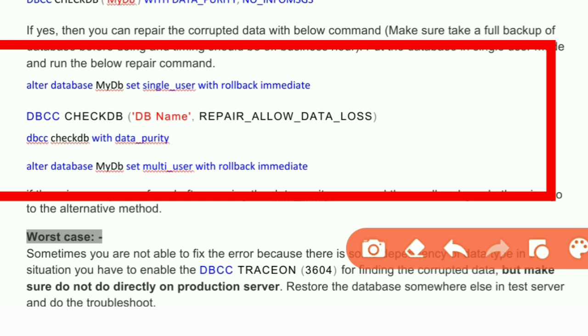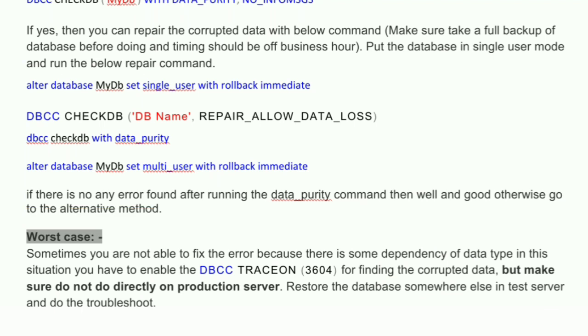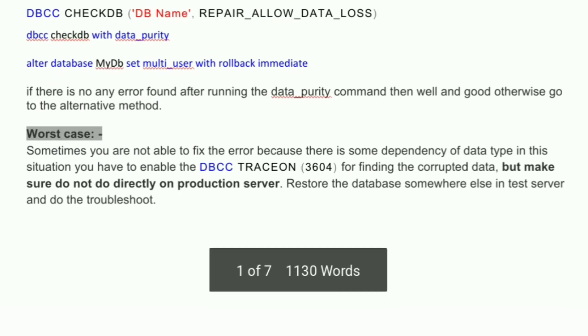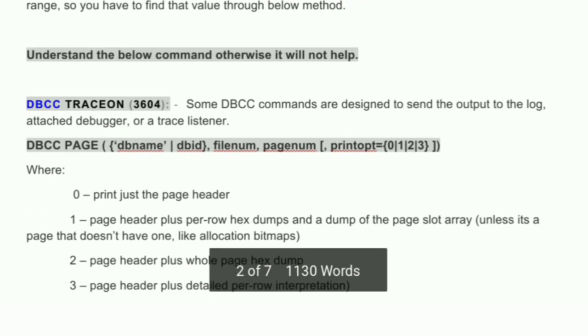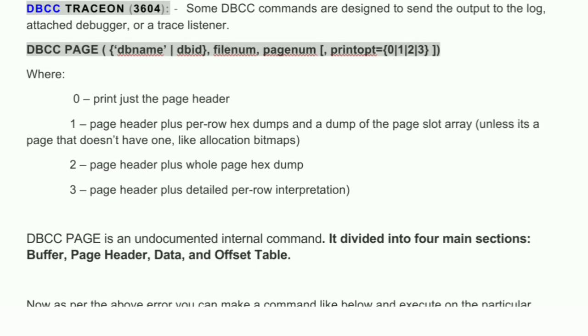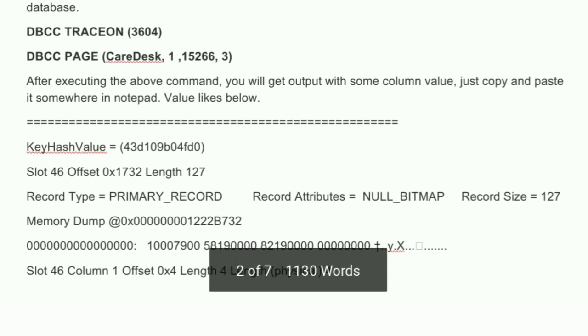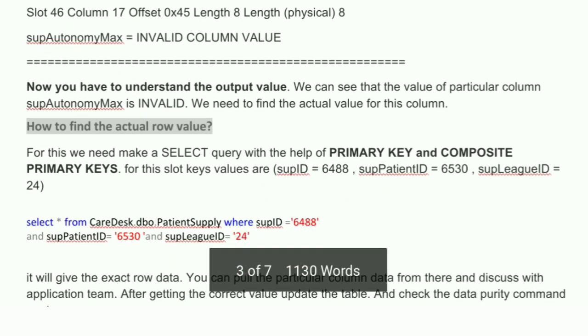But in some cases you will still not be able to resolve the database corruption error. At the page level, you need to fix the page from the backups. That is a huge topic, and I'm not going to touch on it in this video. You need to turn on trace flag 3604 with DBCC TRACEON, then find the particular page and identify the corrupted page data value.